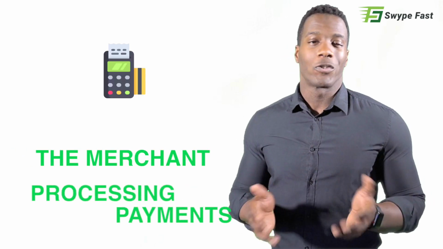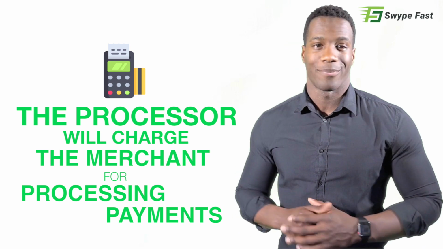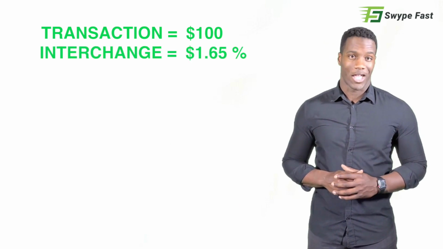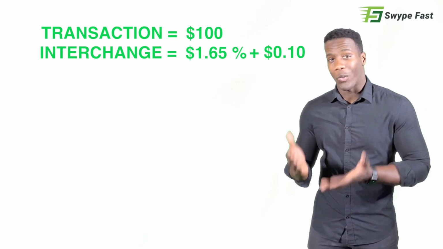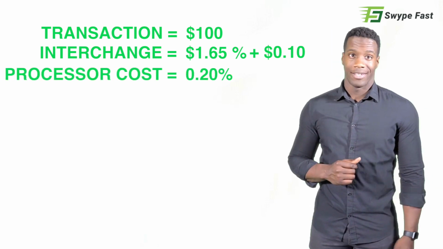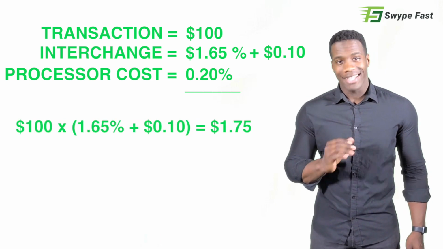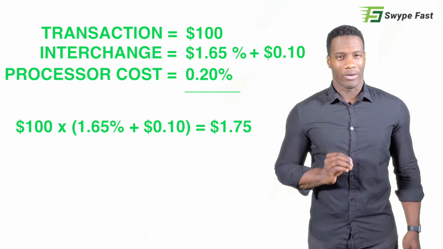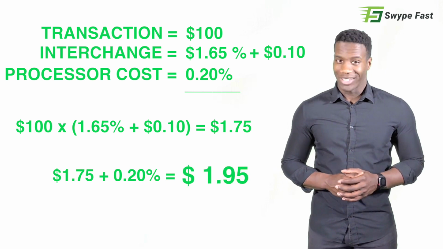For the merchant, negotiations for pricing can be held on the cost that the processor will charge the merchant for processing payments. Let's look at an example. We have a transaction at $100 and interchange level of 1.65% and 10 cents per transaction. The merchant is being charged an additional 20 basis points for processor cost. The total interchange would cost the merchant 1.65% plus 10 cents for the transaction, equaling $1.75. The 20 basis points would then be added to the $1.75 for the processor cost, totaling a cost to the